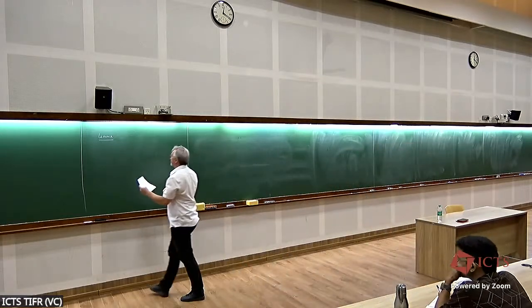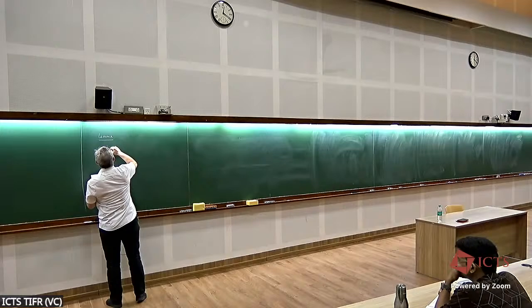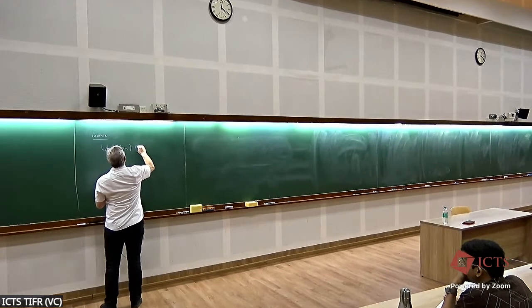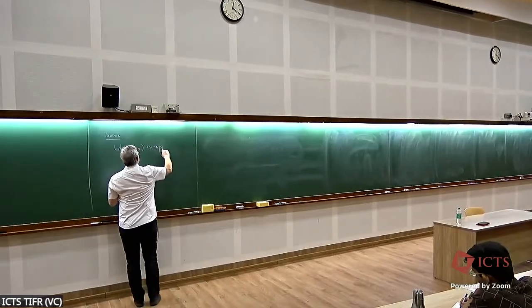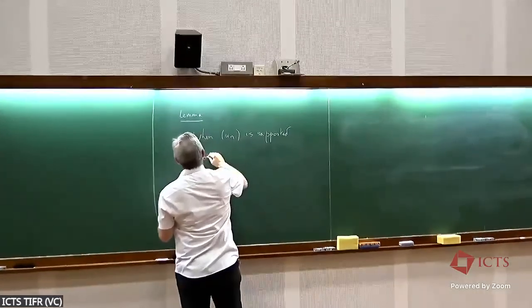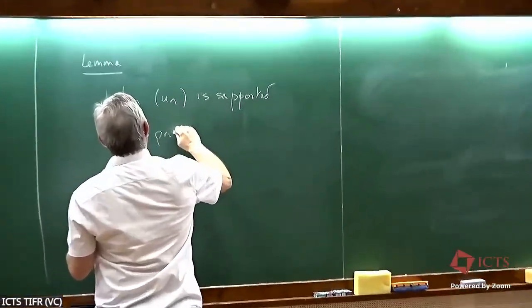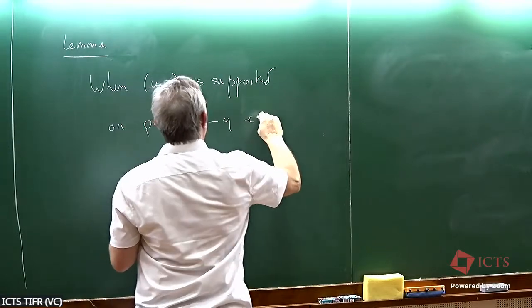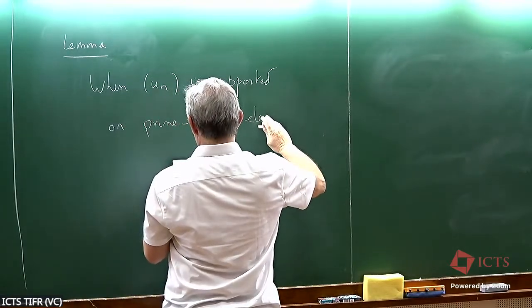Let me state it like that. We'll see whether you get the statement. When u_n is supported on integers prime to q,